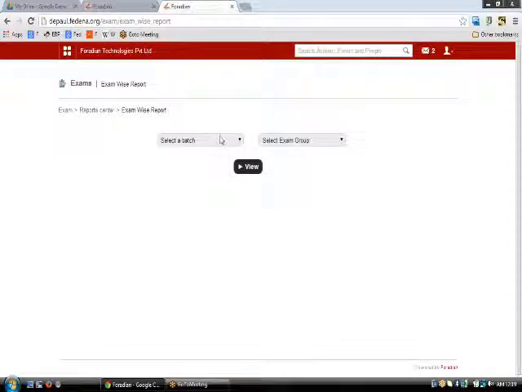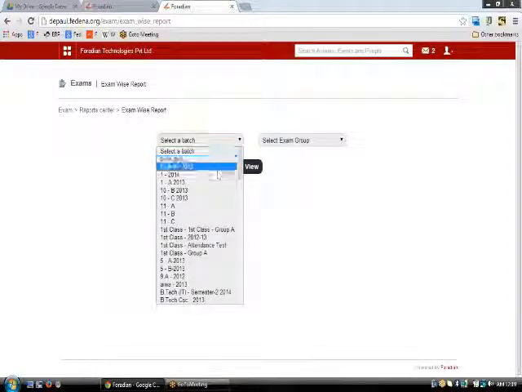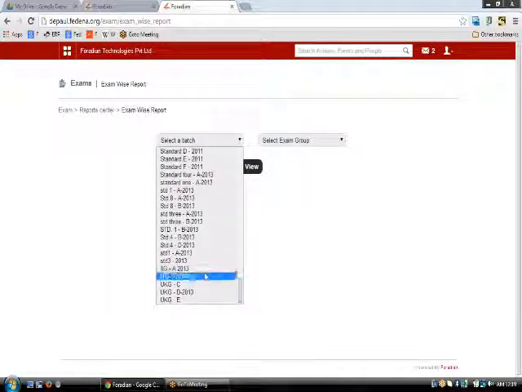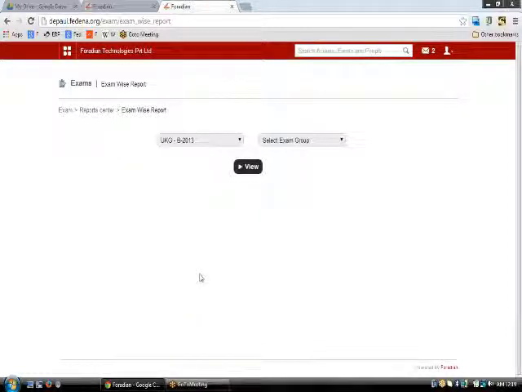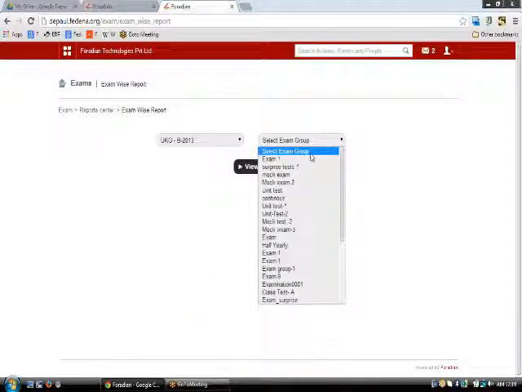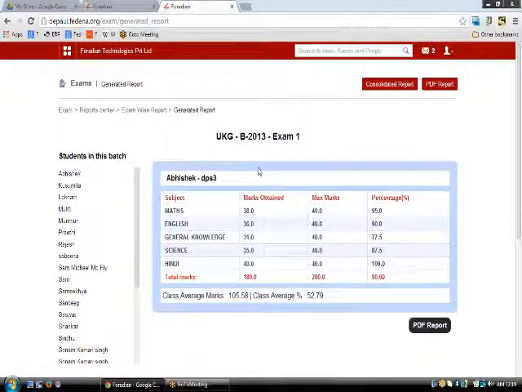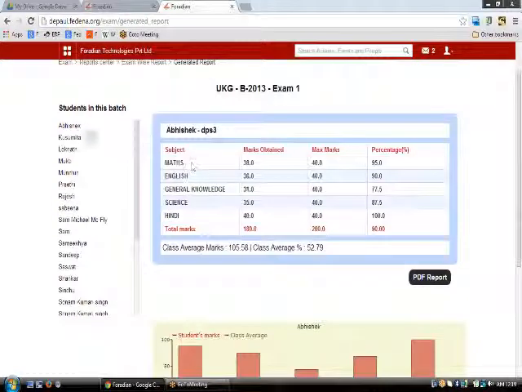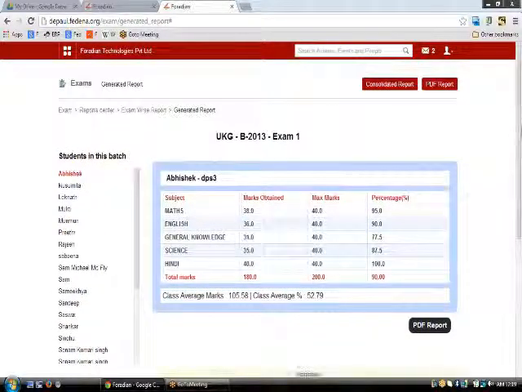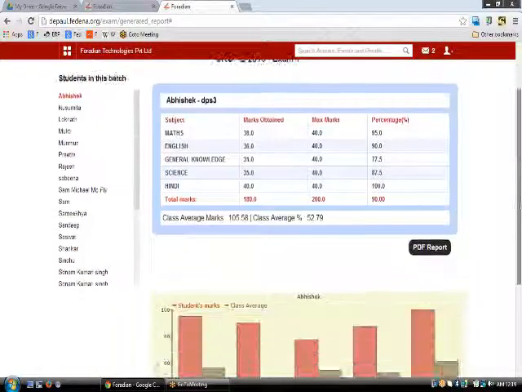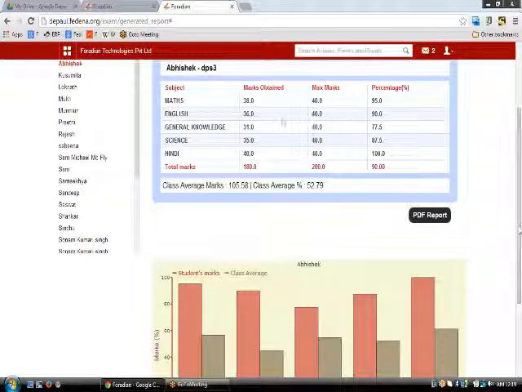Let us say exam wise report, and then you need to select the course here, the batch here, and then the exam group. On hitting the view button, you will be able to see the marks obtained by a particular student in this batch. So again, this particular report will be a statistical report as well as